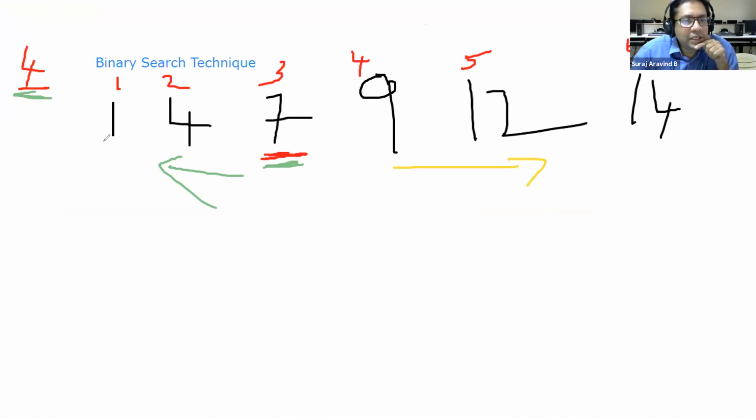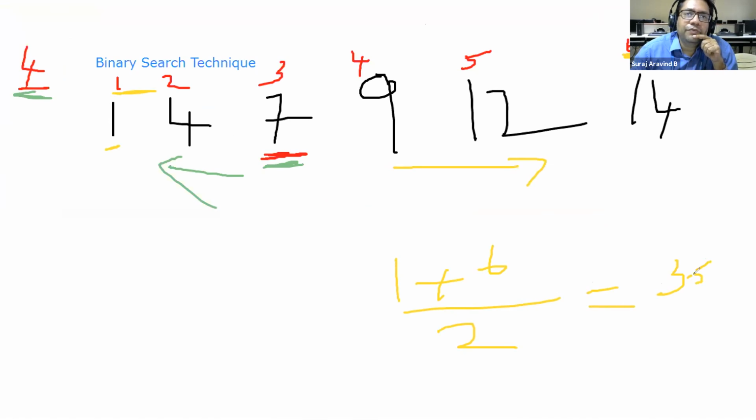So initially my starting index is 1. My ending index of the array is 6. So what I am doing, 1 plus 6 by 2. 7 by 2, 3.5.